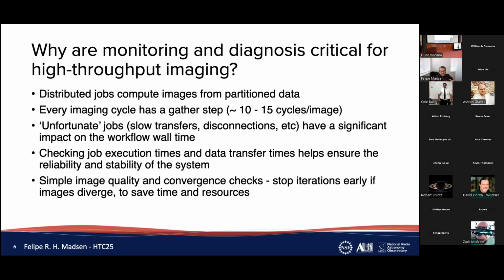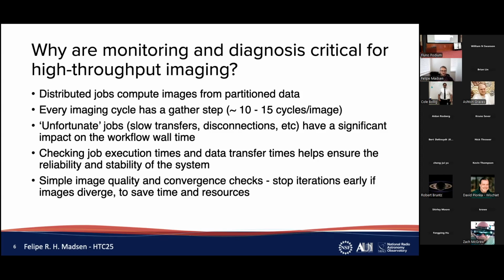But in every imaging cycle, we have to put all these images together to make one image, then run some processing on this one image, scatter this data again, subtract model from data, and go through the loop again. But we usually have unfortunate jobs that, due to slow transfers, disconnections,